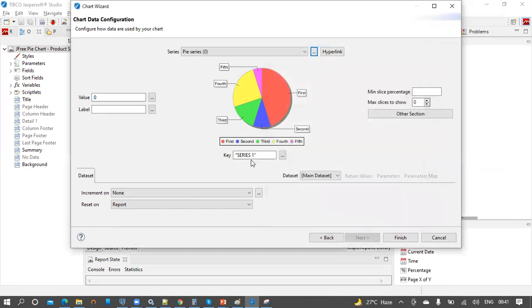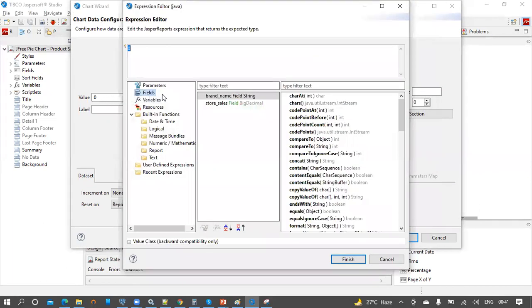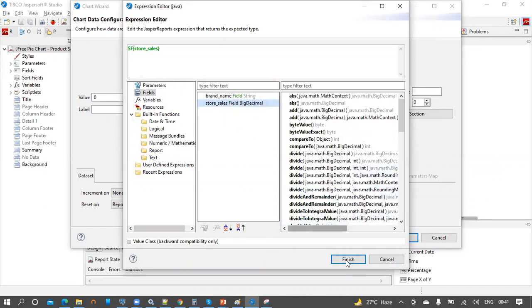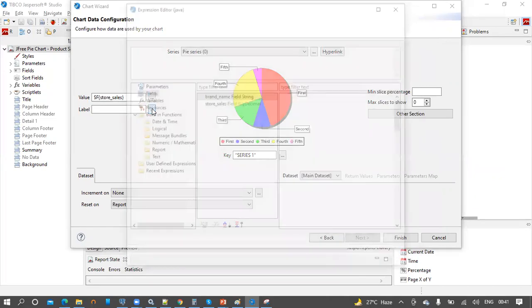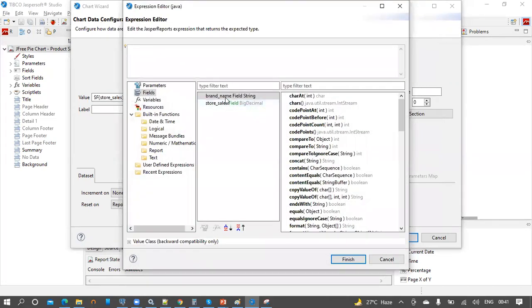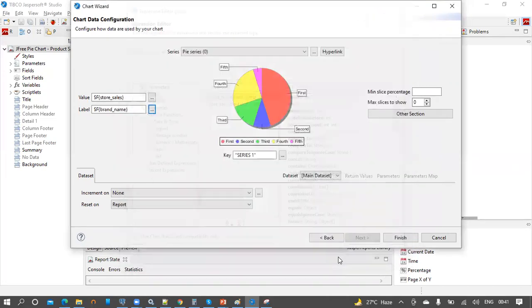Click OK, and in the value property, we need to provide store sales. So let us select this one, and for the labels, let us select the brand name here. Key is nothing but the category, and value represents the measure here.